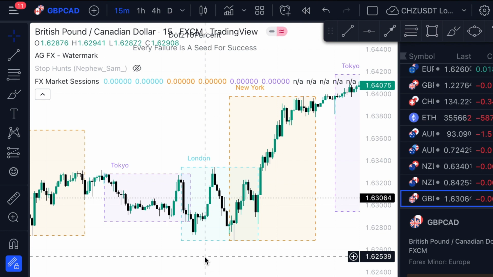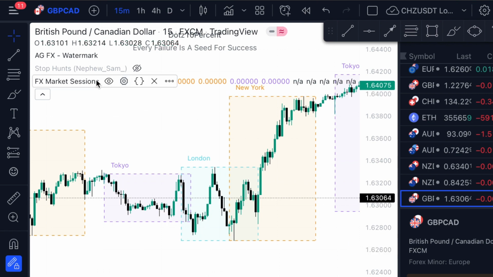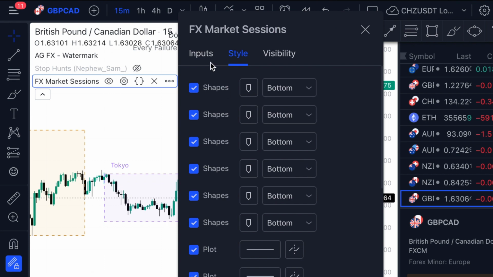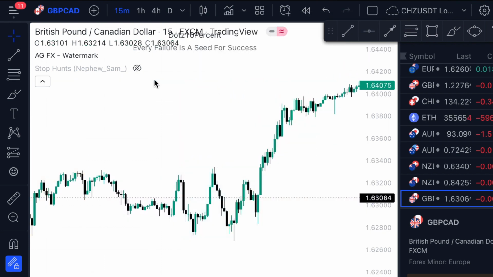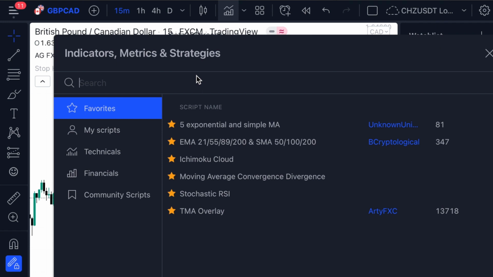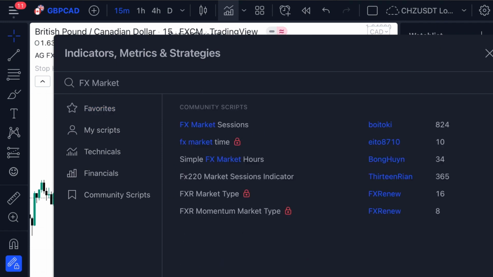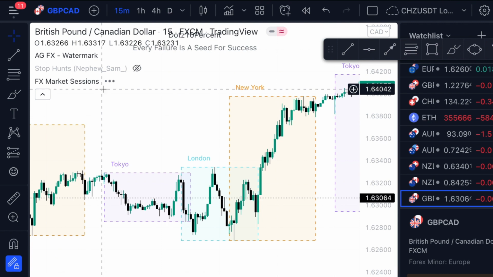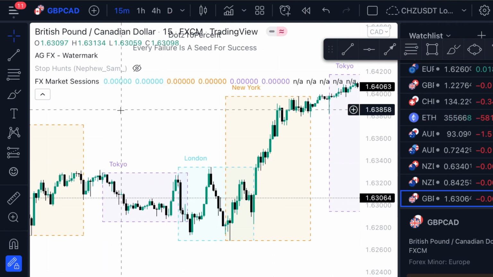So the main point I want to make here: I gave you session times and Killzone times. Of course it's good to know them, but you have an indicator. I have an indicator on my screen, and I just wanted to show you guys that this is an indicator you can use. It's called FX Market Sessions. If I get rid of it, I just try to find it, these indicators. Yep, so it's this one, just so it's easier for everyone to add. FX Market Sessions, just click on that and then it appears here. I haven't changed any of the settings, I've just kept it as is.